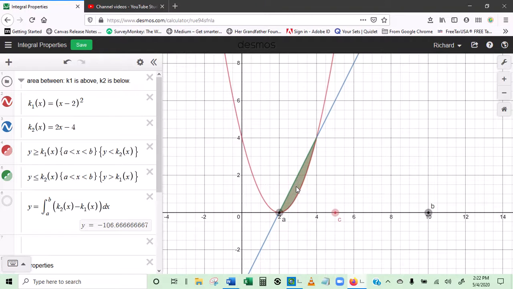That is the function k1 of x minus k2 of x, or rather the other way around, sorry, it's k2 of x minus k1 of x, because in this interval the linear function is actually a little bit above. So if you subtract k2 minus k1, you get this combined function here,